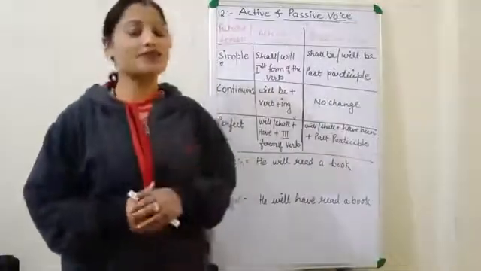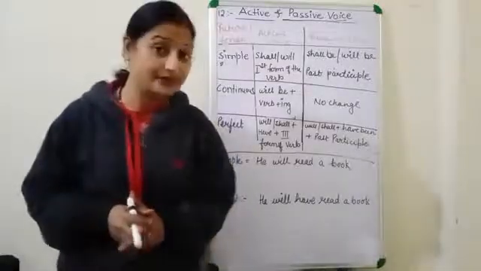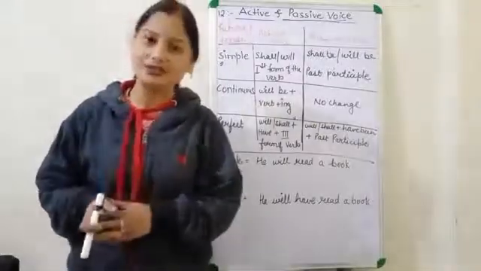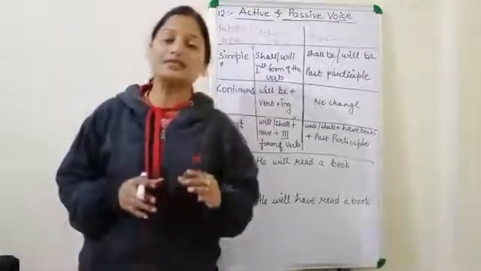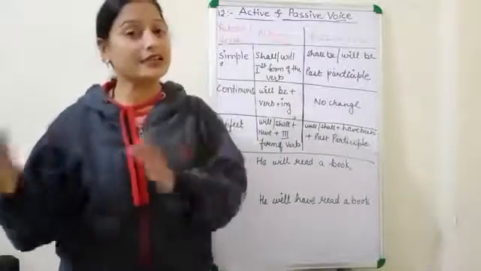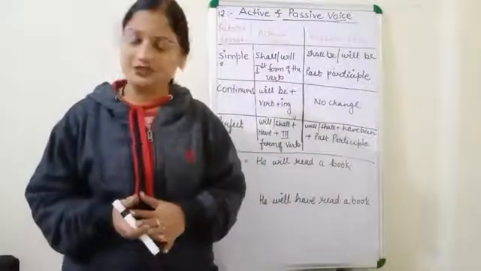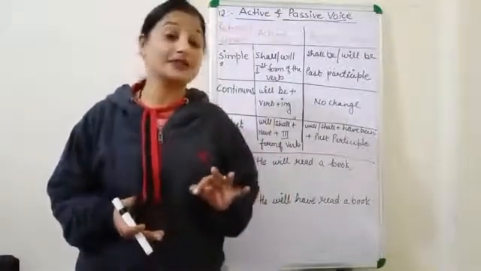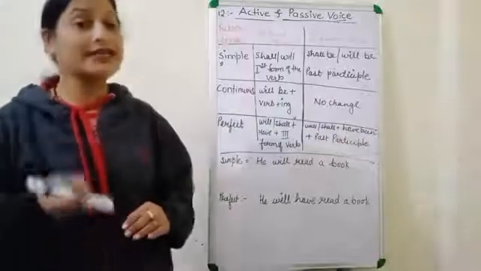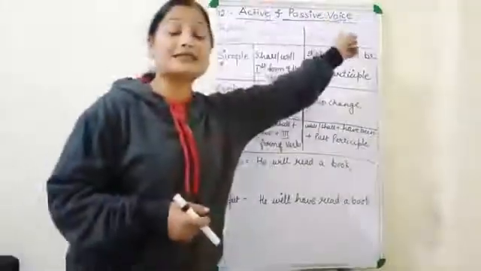Students, in the previous video, we have discussed the active and the passive voices. Plus, we have seen the rules to change the active voice into the passive voice. Then, we saw the types of sentences that can be changed from active voice into the passive voice, that is, the present tense and the past tense. We saw that all the three forms of the present and the past tense can be changed into the passive voice. Now today we will see about the future tense that can be changed into passive voice.